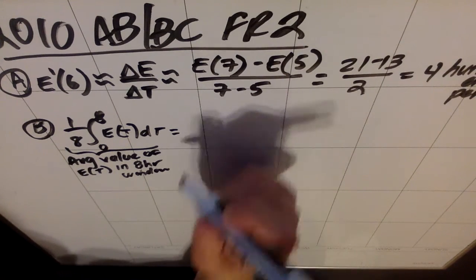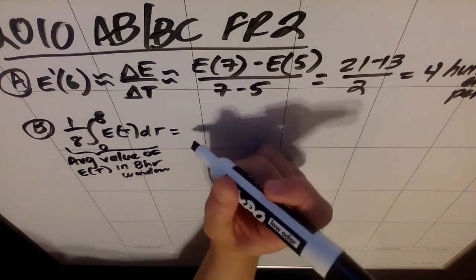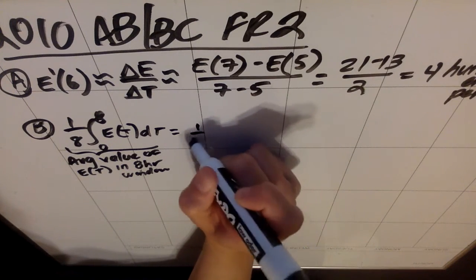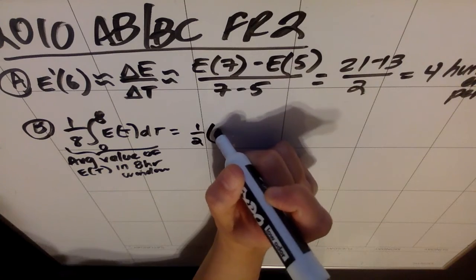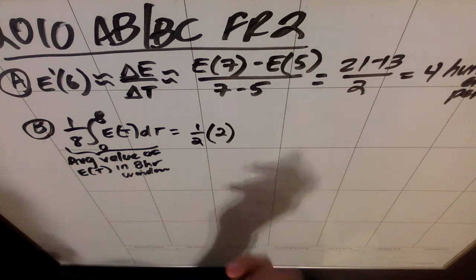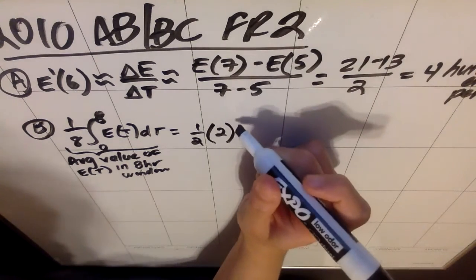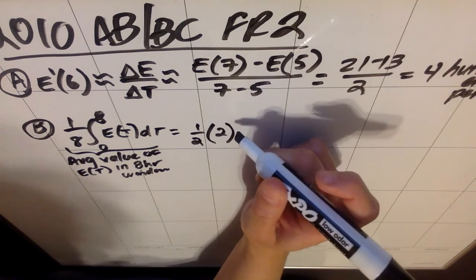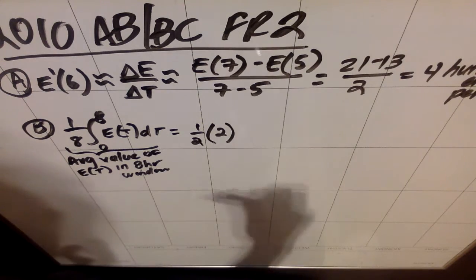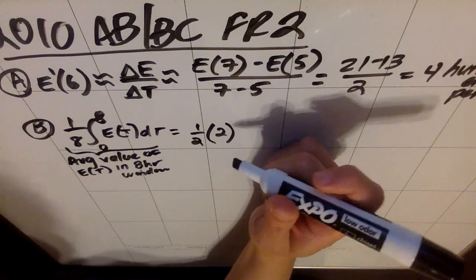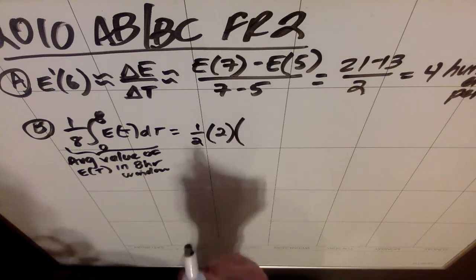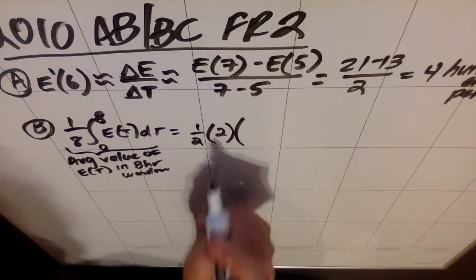So I'm basically going to treat each one like a separate trapezoid. So the first trapezoid, right, we use 1/2. The first trapezoid is from 0 to 2, so that's the height of this trapezoid, right? And I misspoke a second ago when I said the bases of the trapezoid. I meant the heights, which is the base on the x-axis, but not the base of what we refer to as a trapezoid. So 1/2 the height, which would be from 0 to 2, so it's a height of 2,